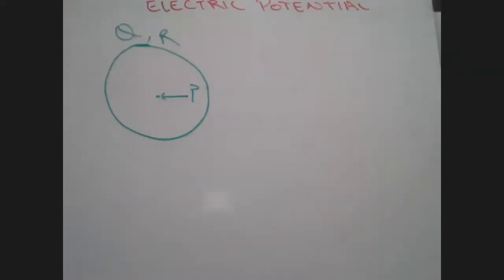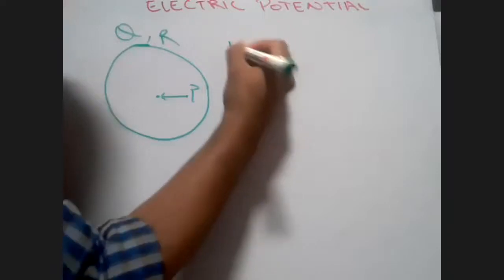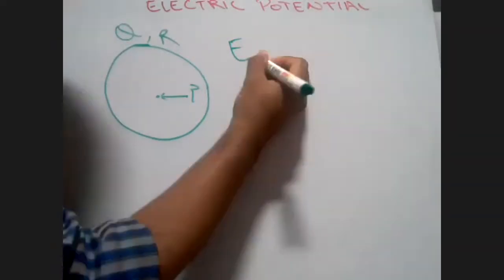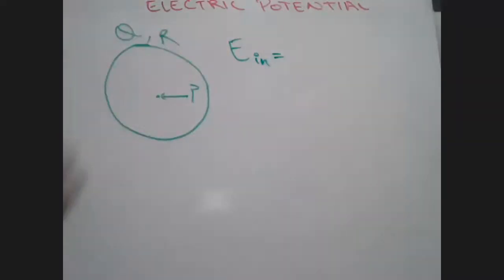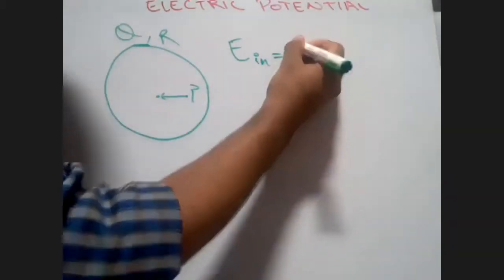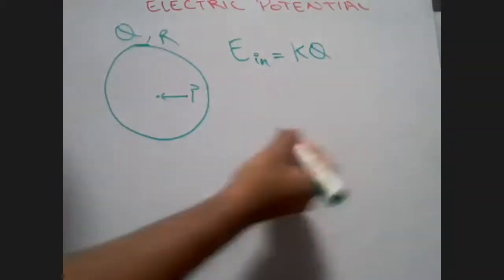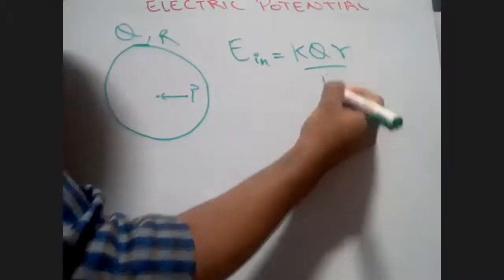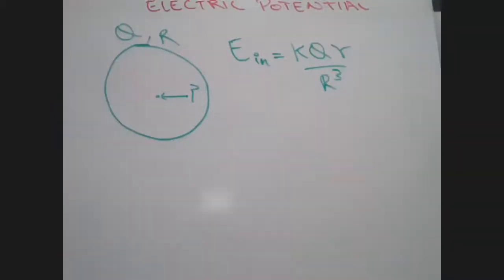Consider the electric field intensity at a point inside the solid sphere. What was it, you remember? Has anyone of you taken down notes of what we had done earlier? What is the electric field intensity inside the solid sphere? No response. Okay, it was kQr upon R cube, where small r is the distance from the center and capital R is the radius.